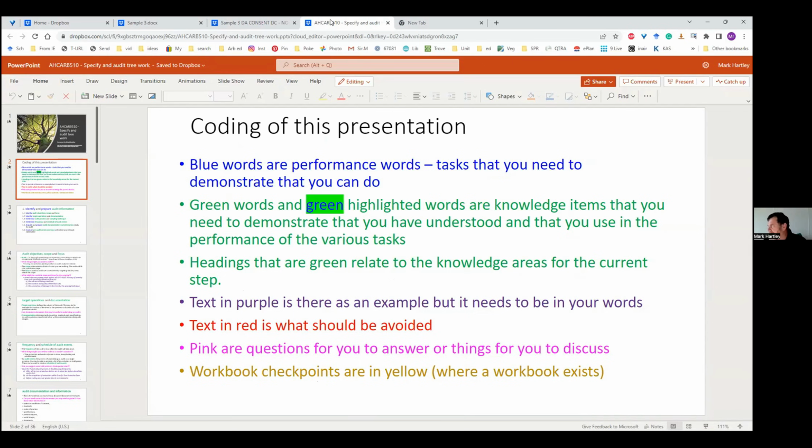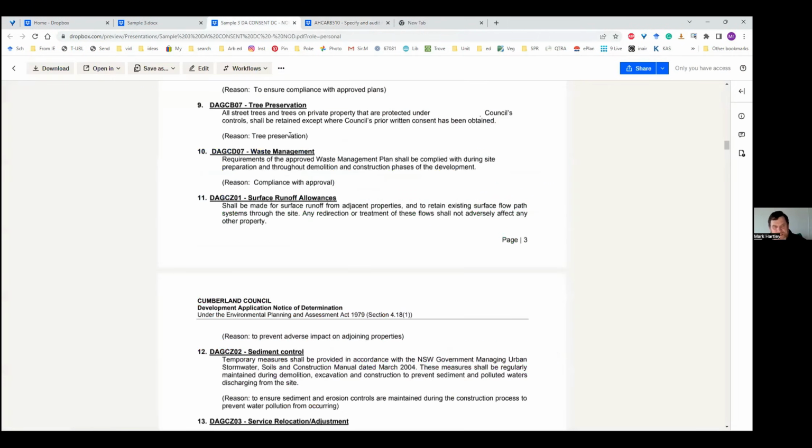So we talked last time, and I made the comment, and I'll make it again. When it comes to specifying tree stuff, there's a tendency to want to shortcut it. The shortcut is protect the tree in accordance with the Australian standards, or prune the tree in accordance with the Australian standards, or work in accordance with the code of conduct, whatever it might be. And we put these very generic things in there.